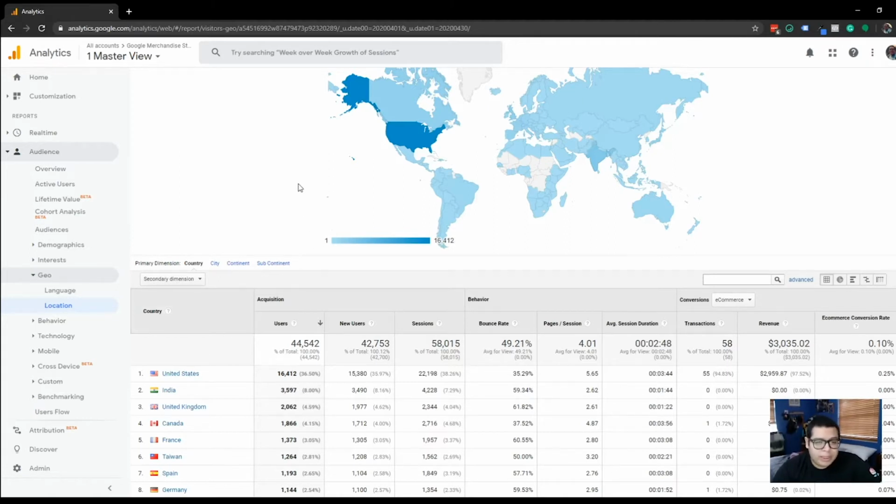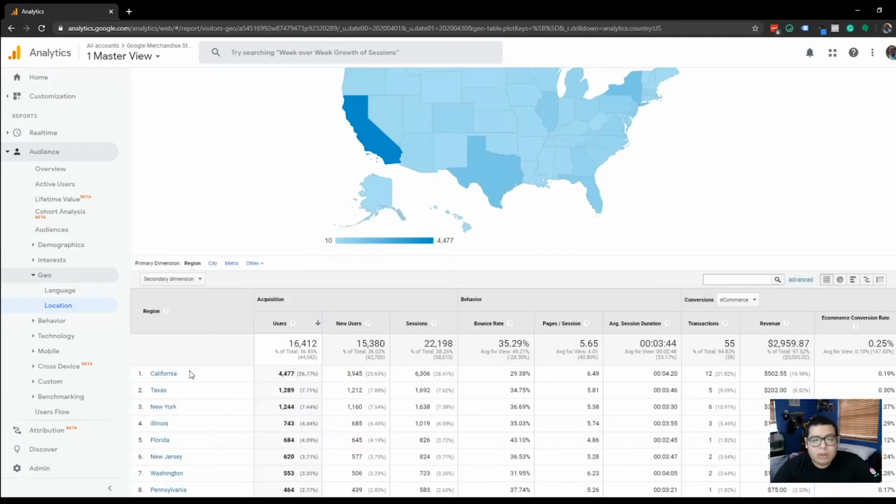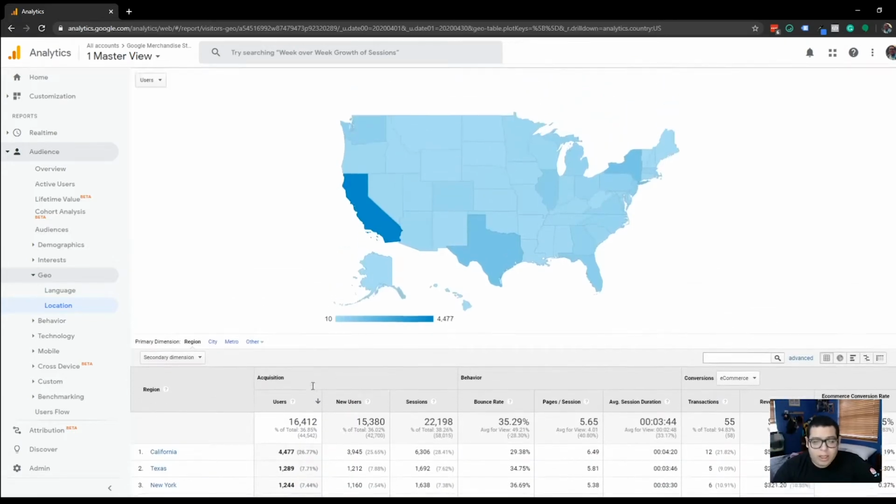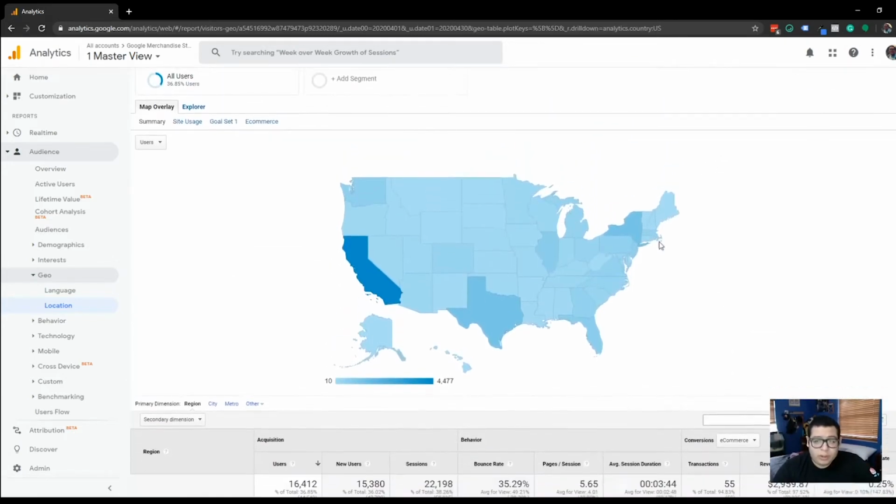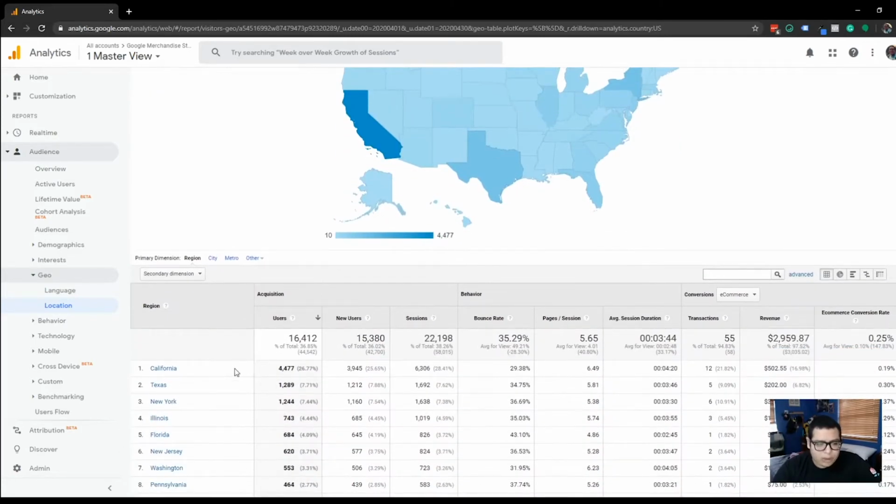For this case, we're going to use the United States. We know Google is based out of California, so let's see what the results are showing up from there. Again, this is a date frame of April 1st to April 30th. So we're going to see California actually has the most revenue